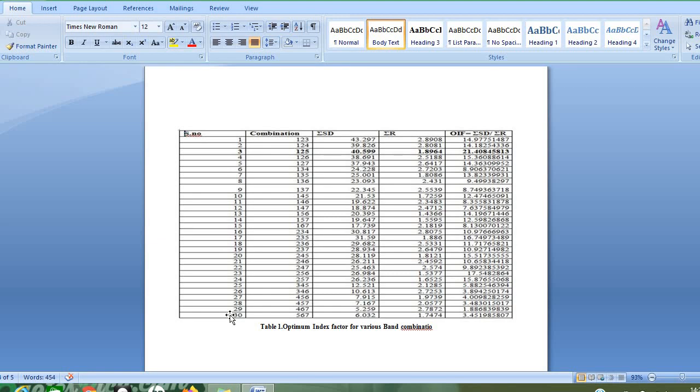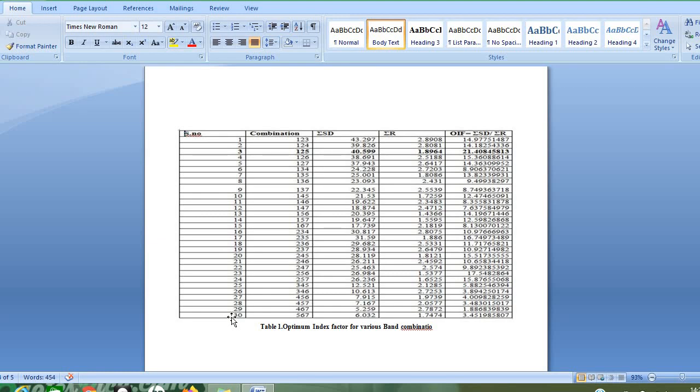Now we need to conclude how many combinations there will be, and which combination represents a good OIF. Out of 7, we confine ourselves to 3, so nCr, 7C3 is 7 factorial by 4 factorial into 3 factorial. If you do the calculation, 35 combinations will be there, whereas I have shown only 30